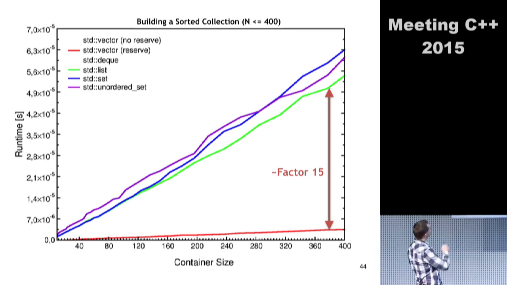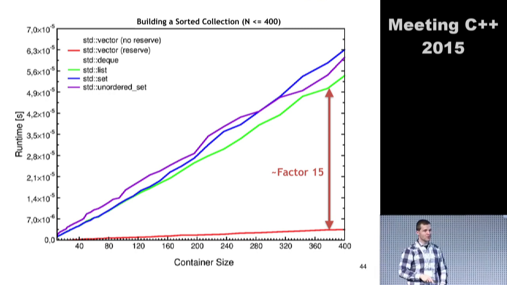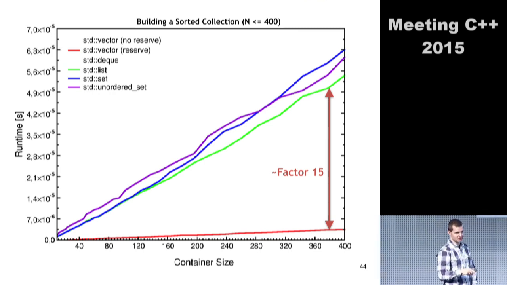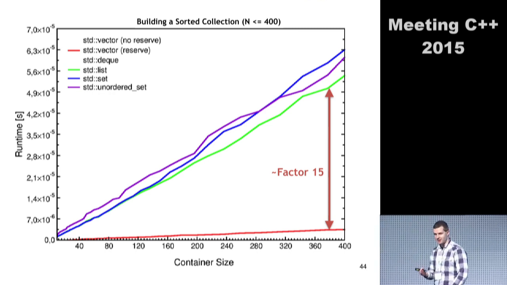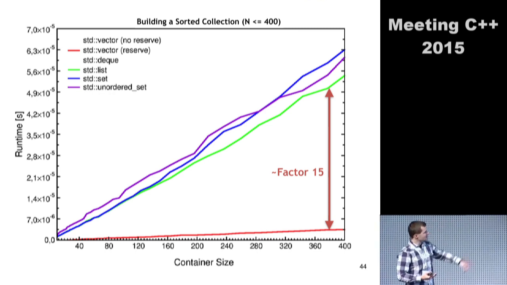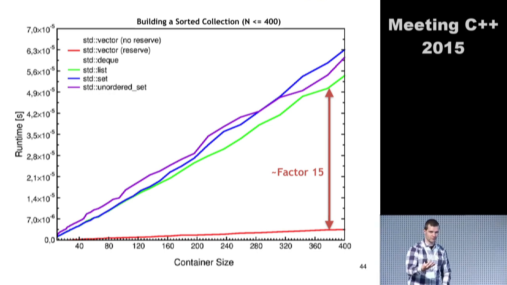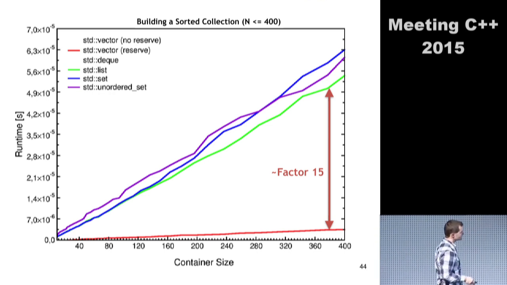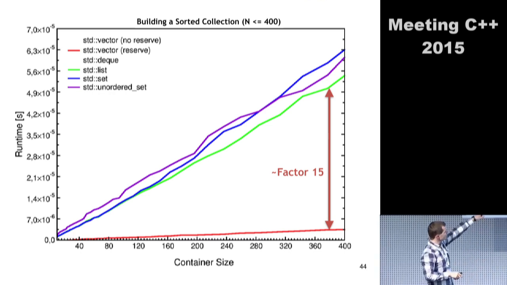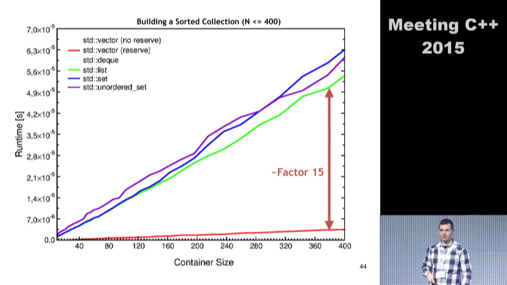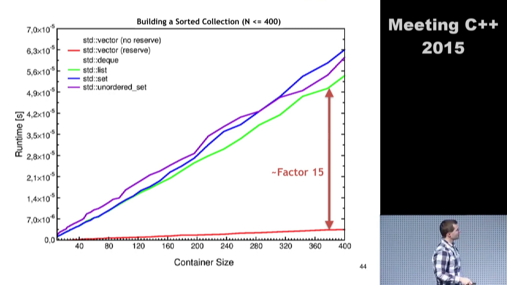So there is one thing missing, a vector that does not do a reserve up front. Now I have several memory allocations, probably. We don't know that there's a growth strategy involved, but most probably it's not a single memory allocation. No, it's not as fast as the vector with reserve, but what's your gut feeling? Is it closer to the vector? Okay, most. Or is it closer to the list? Okay, a few, so about 2/3, 1/3.